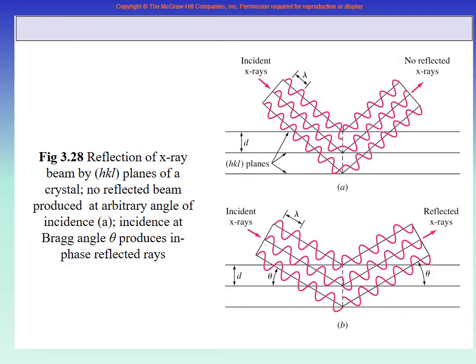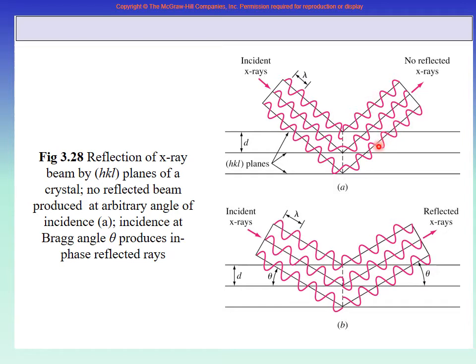We are showing you that there is some material, and there are the planes. This is the 111 plane, the second 111 plane, the third 111 plane, whatever plane. It is not necessary that it is 111; it is any HKL. If it is 101, then this is the next 101. So if light is coming, each light has a wavelength of lambda. If light is coming and it is hitting a plane, then it is hitting the other plane.